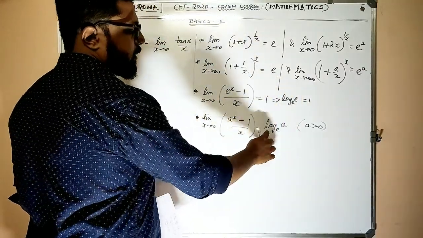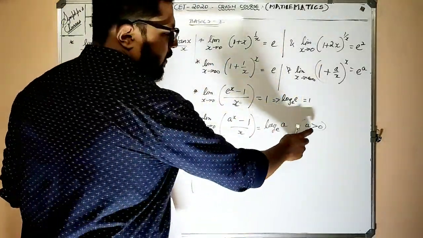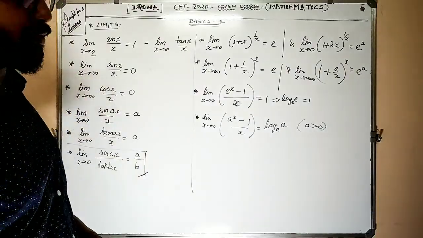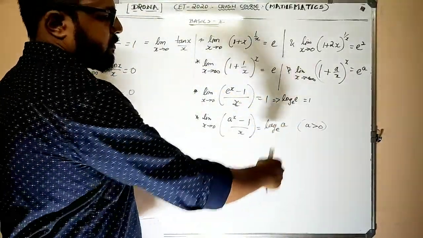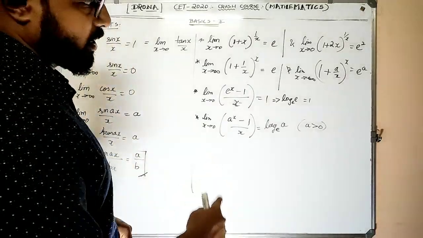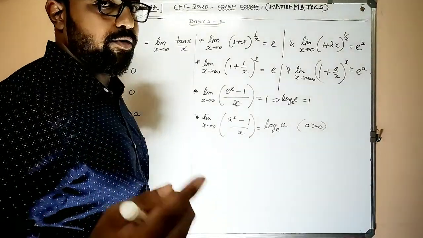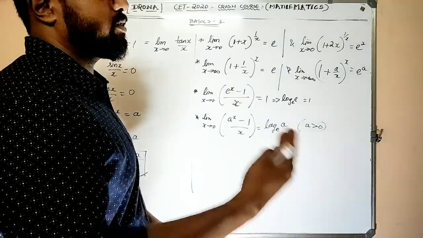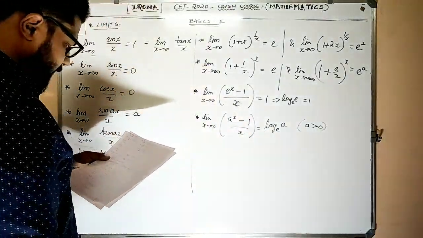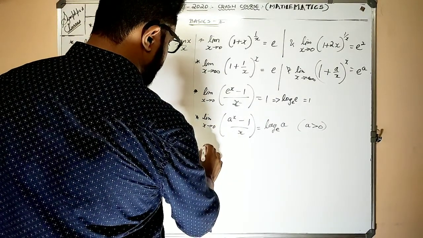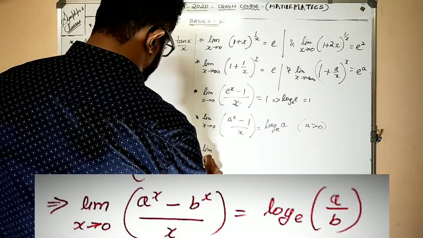If it is a to the power of x, this will be log a, provided that a is greater than 0. You know why? Because logarithm can be applied only to numbers greater than 0. I have already explained that to you. If you don't remember and don't believe me, please look at the previous video and prove it yourself. So then, moving on to another related formula again: